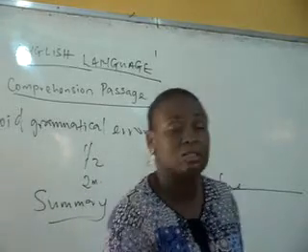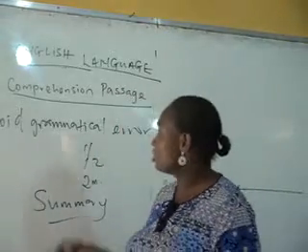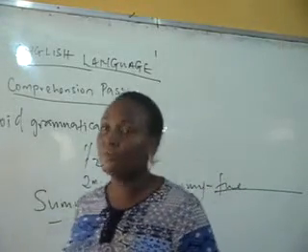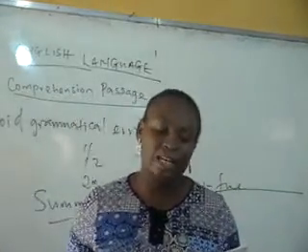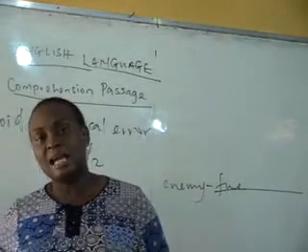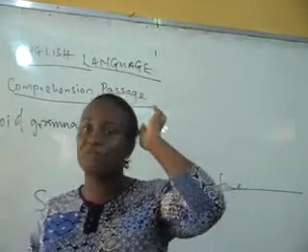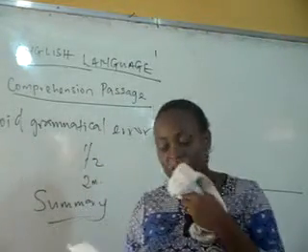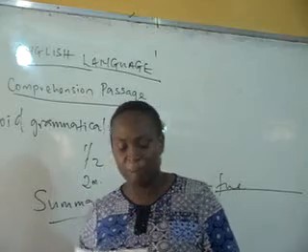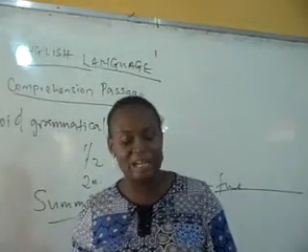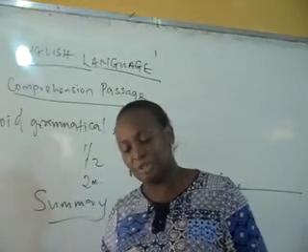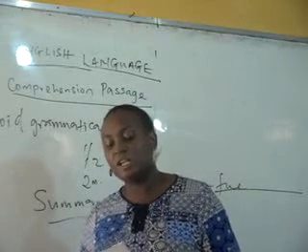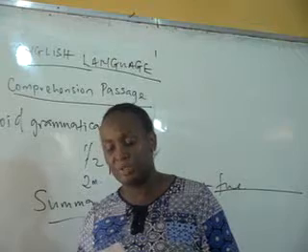Let's start looking at some of the rules. This number 1 rule is also applicable to the comprehension passage. That is, you lose a mark for any grammatical expression error in each correct sentence. That means it is also applicable. You lose a mark for any grammatical expression error, even if your answer is correct. That's when your answer is correct anyway, because if your answer is not correct, there's no way anyone can deduct a mark from 0. Then you have to deduct 1 mark for the inclusion of any irrelevant or extraneous material in each